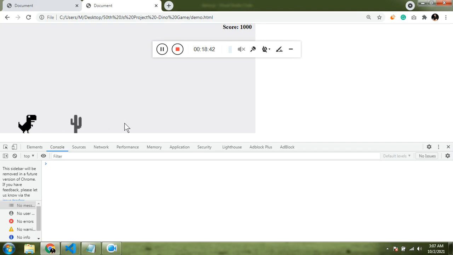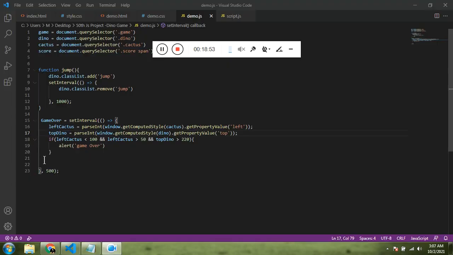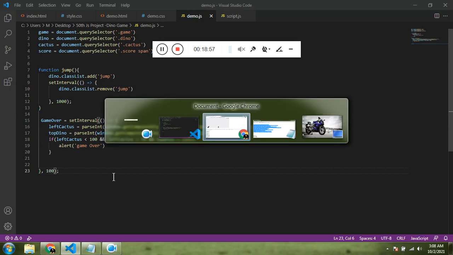Refresh it. So there seems to be no change. Let's see what is the mistake that we're doing. Okay, it is because of this millisecond issue. It is not able to properly calculate it.